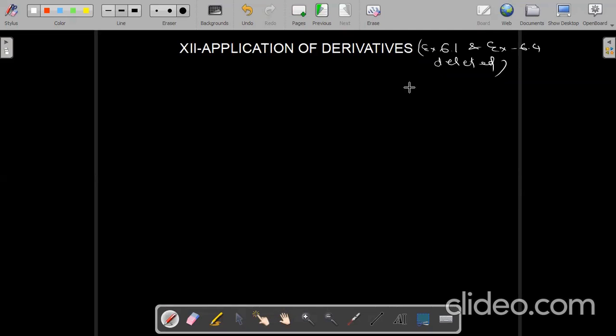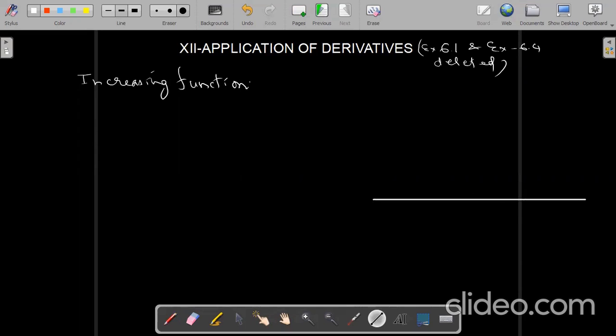Application of derivatives. We have 6.1 and 6.4 exercises, and the topics are deleted. So we have now increasing function. First, we will see what is an increasing function. Increasing function. If you want to understand this increasing function by the graph, so this is x-axis, this is y-axis,